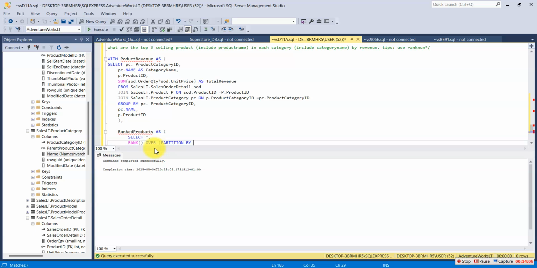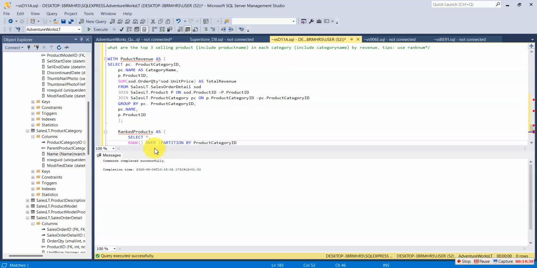I'll partition by the product category ID. Yeah, product category ID. That is what I want to